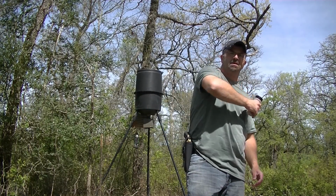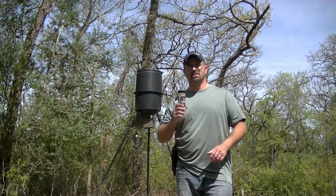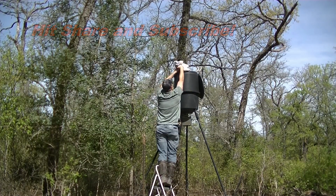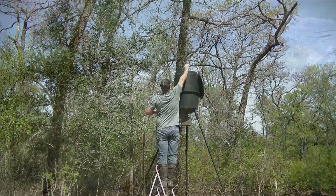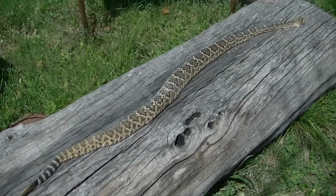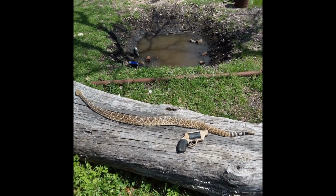Got the snake gun. Rattlesnakes have been moving pretty bad out here, so I ain't taking no chances. Here we go. Well, if I can keep it on the ground when I put that hammer down, then I'll be Texas